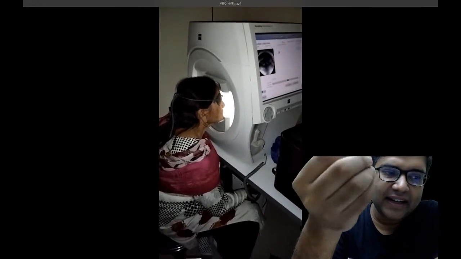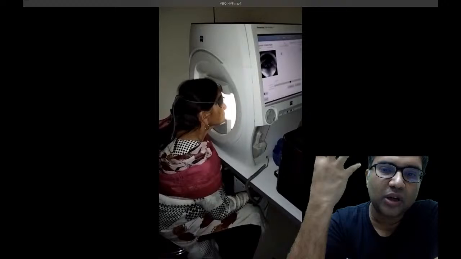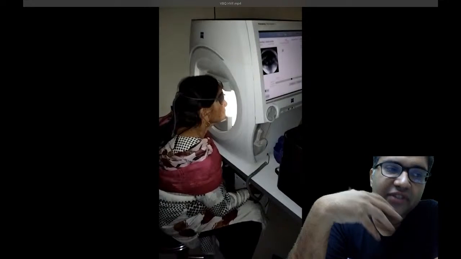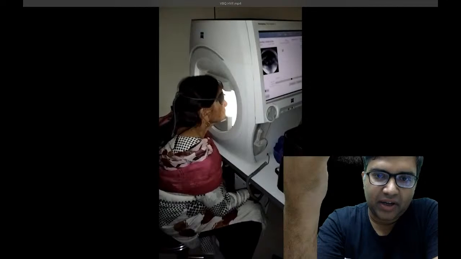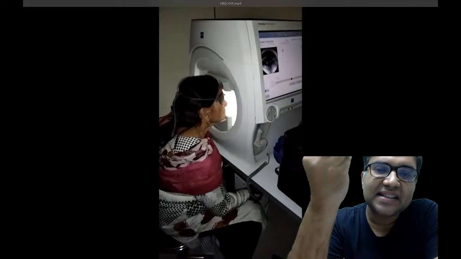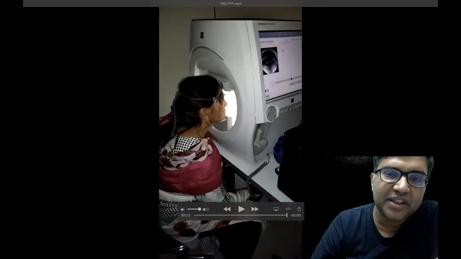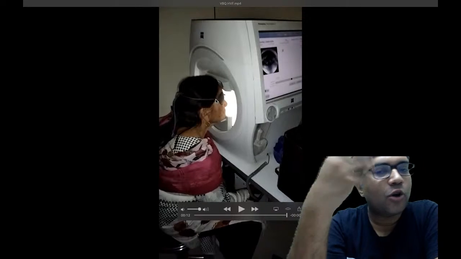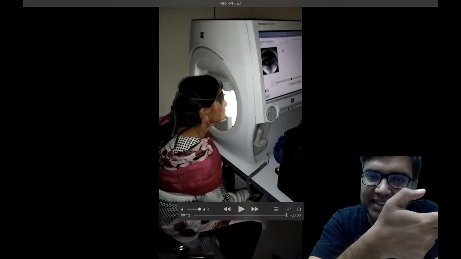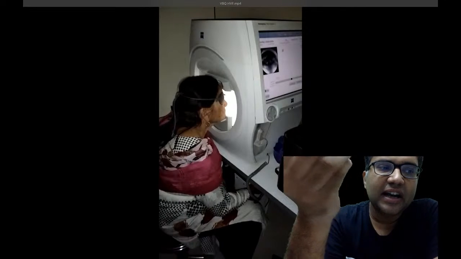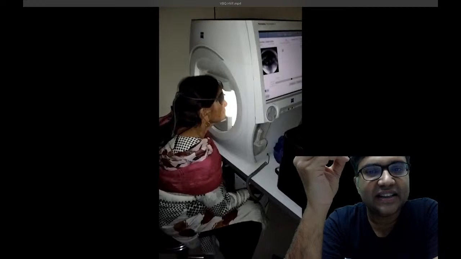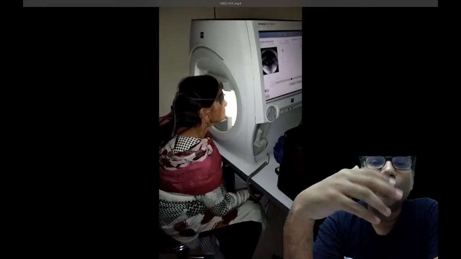So can anyone tell me where we use Humphrey visual field perimetry? In which disease we use Humphrey visual field perimetry? So basically this is an automated perimetry. Okay, whenever the patient sees the stimulus, can you appreciate one eye is closed? From the other eye, whenever he is seeing the stimulus, he is pressing the button. Okay, so this is a perimetry going on, and we do a perimetry in the cases to see any glaucoma.